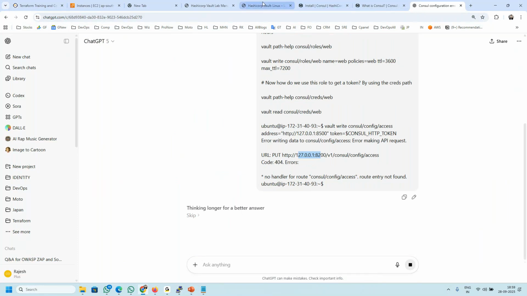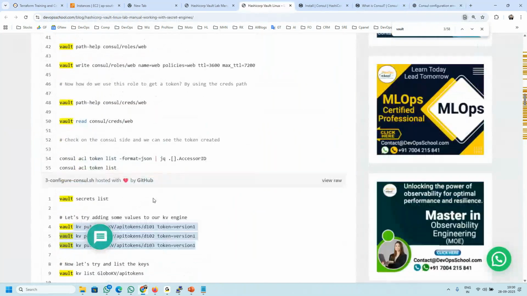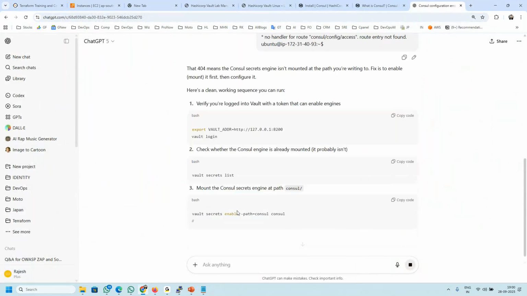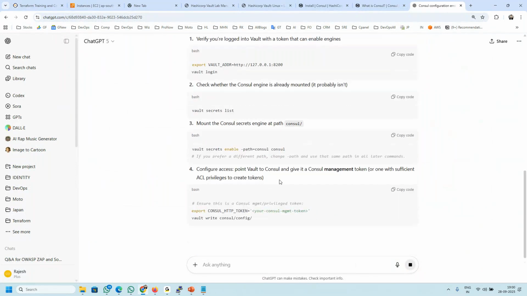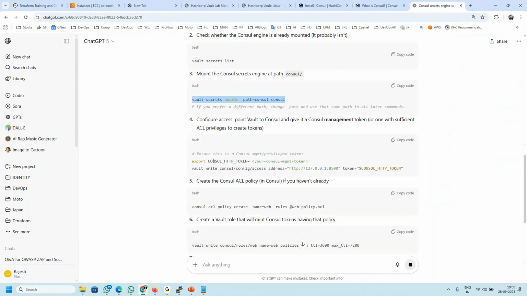Maybe it should be in there. No, this is KV. How come I missed it? Oh, no. So this is the one. Okay, this command was missing. So you have to set this. So let's enable this